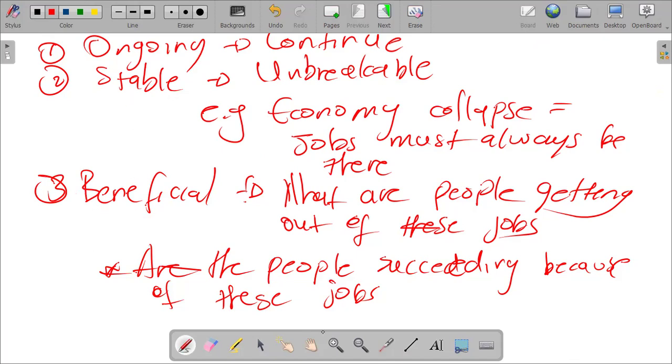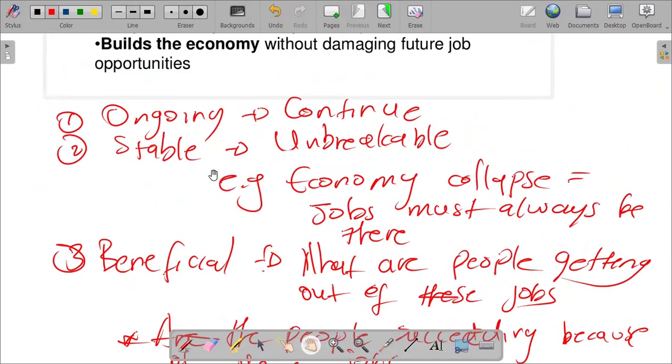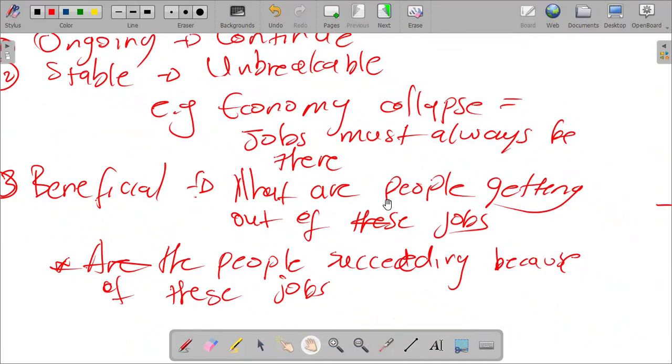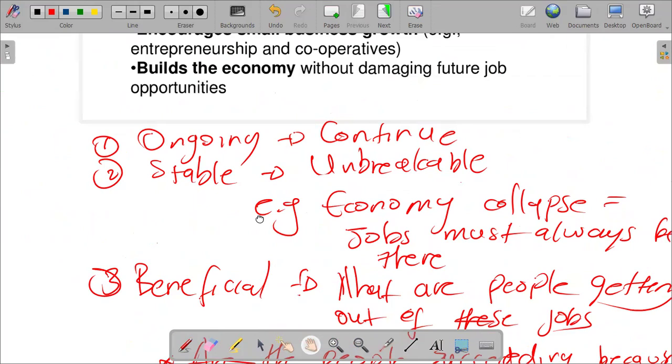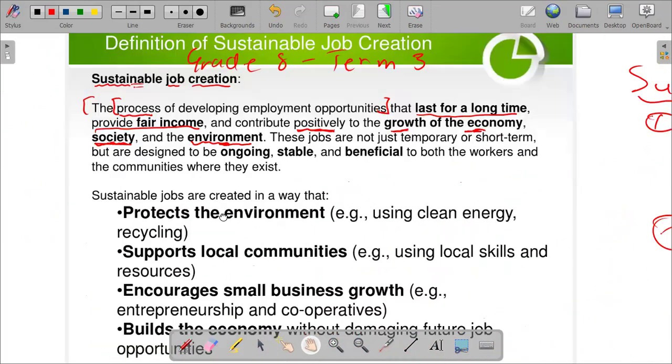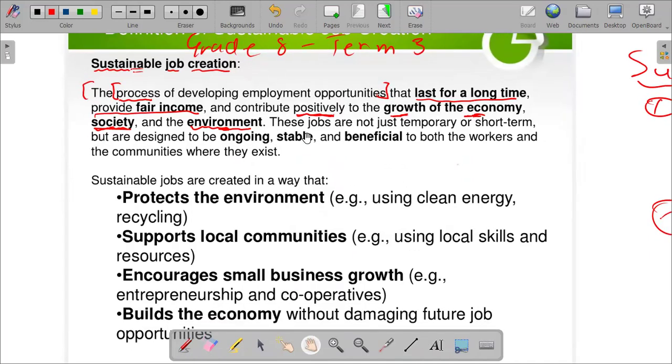So number one, if a job is sustainable, it must be ongoing, it must continue. Stable, it must not collapse with the economy. Jobs must always be there. And number three, is it beneficial? What are the people getting out of these jobs? Are they really benefiting from this type of work that has been provided? All right. So again, these jobs are not just temporary or short term, but are designed to be ongoing, stable, unbreakable, and beneficial to both the workers, the people who are working, and the